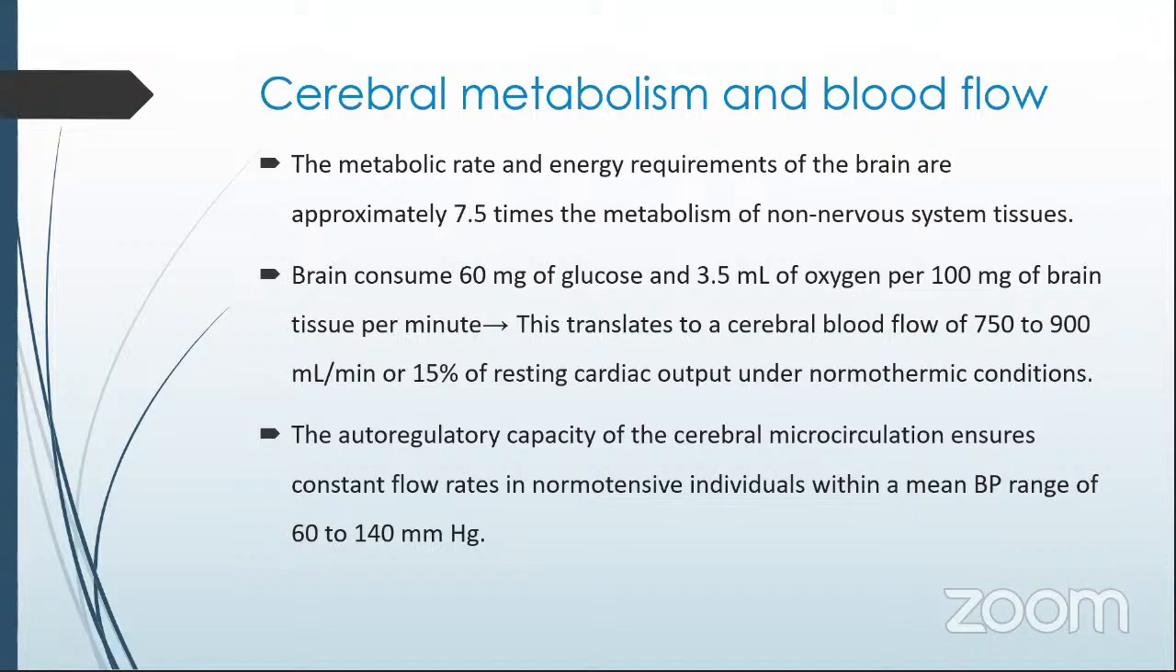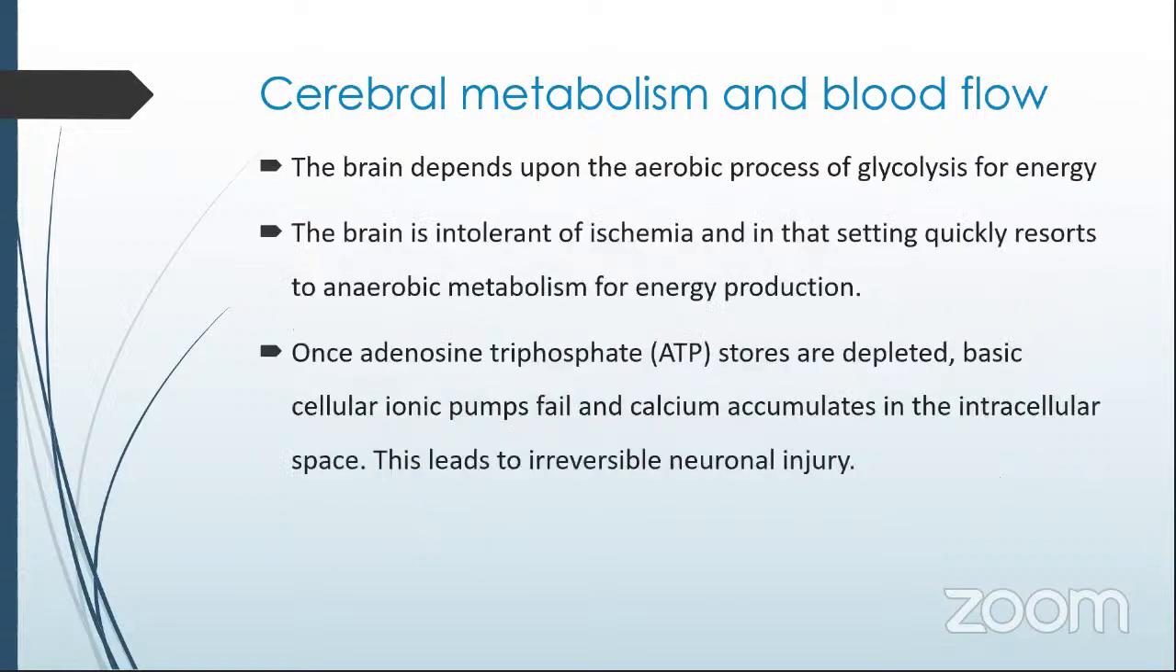The brain has an autoregulatory vasculature that autoregulates cerebral flow while the patient is normotensive, with blood pressure between 60 and 140 mmHg; the autoregulation of the brain is preserved. Also, the brain depends upon the aerobic process as its main source of energy, and it's intolerant to ischemia. So in the setting of ischemia, it quickly transitions to anaerobic metabolism. And once the energy source, which is mainly ATP, is depleted, we will have